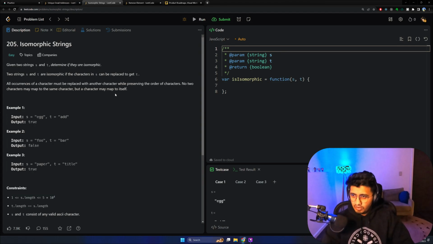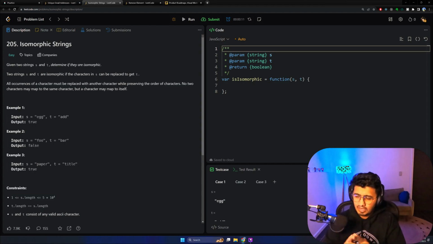So I did not understand this question. Let me read that again. Let me start the timer for this one. Given two strings s and t, determine if they are isomorphic. Two strings s and t are isomorphic if the characters in s can be replaced to get t. If the character